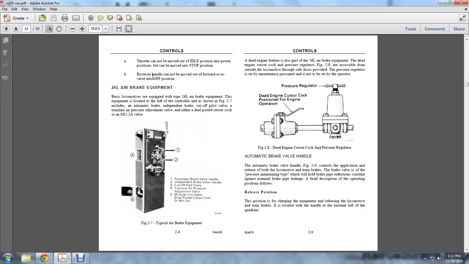26L air brake system. The basic locomotives are equipped with 26L air brake equipment. The equipment is located on the left of the control stand, as shown in the figure. It includes the automatic brake valve, independent brake valve, cutout pilot valve, train line air pressure adjustment, and either dual ported or cutout cock or multi-unit 2A. A dead engine feature is a part of the 26L